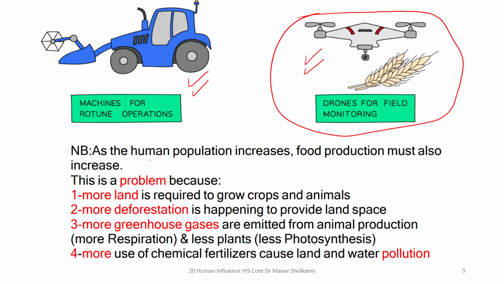Now we have an increasing human population. That is why we are trying in so many ways to increase the food production. Too much human population, this is a disadvantage because you need to provide more food for everyone. You need to provide housing for everyone. You need to provide education for everyone, jobs for everyone. You need more land to make homes. And this means that we will do some deforestation. We'll discuss this in a minute.